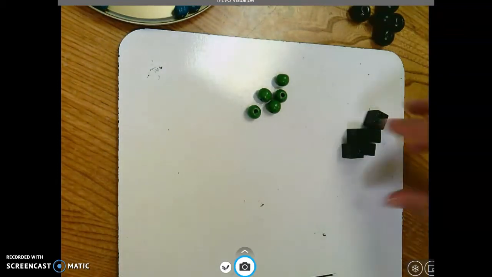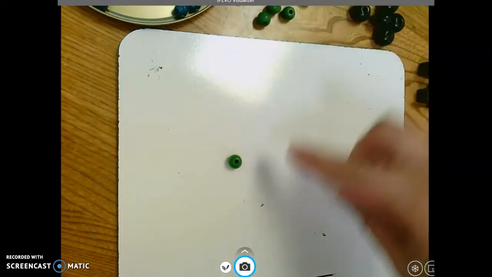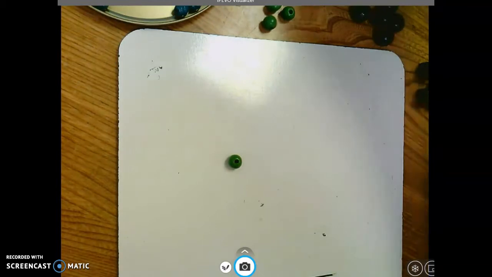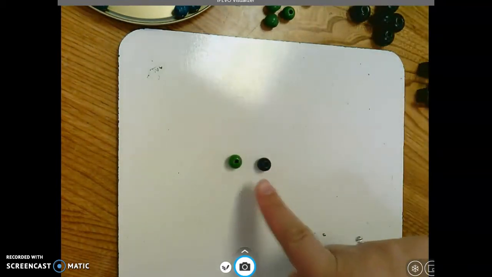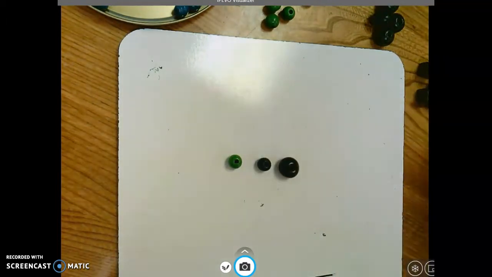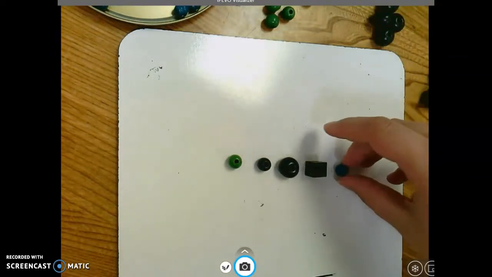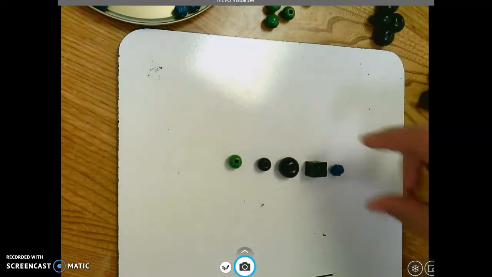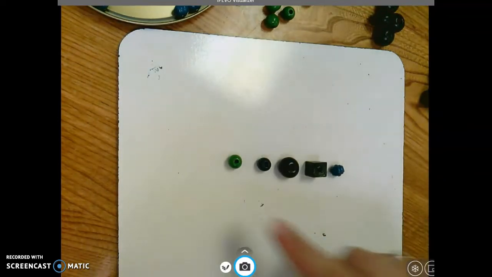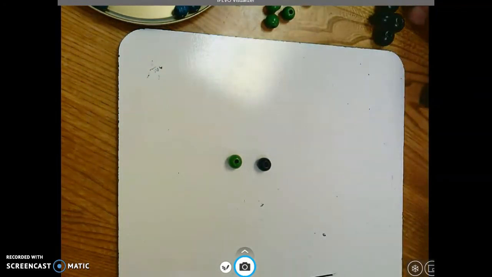So of the beads, I have these small, round, light green. I have small, round, dark green. There's a bit of a difference there. I have bigger ones that are dark green and round. I have some square ones. And then I have these funky blue, not quite round ones. So those are my 5 different things that I'll be using to create some patterns today, because in grade 1,